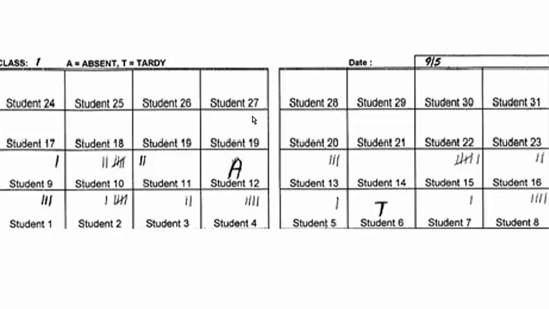You see that the student indicated that student number 12 was absent that day. That's going to be very important information to make sure that when you enter information regarding student participation, the student is not penalized for not having participated in the course of the day. So the student indicated that student number 12 was absent, student number 6 arrived tardy to class, and then you see the hash marks which indicate the sheer number, the quantity of times that students volunteered information in the course of class discussion.